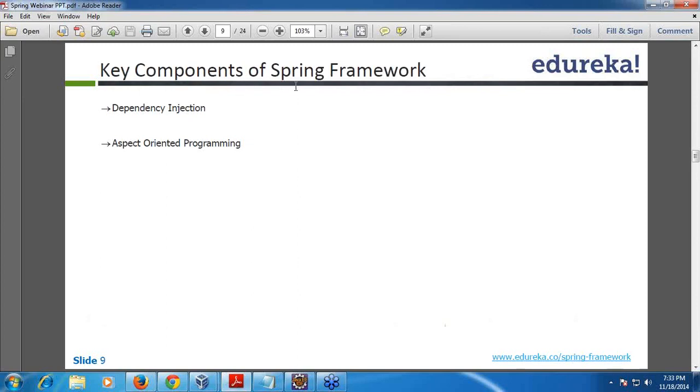So the key components of the Spring framework are dependency injection and aspect-oriented programming. Dependency injection is the basic design principle on which the core Spring framework is built. For example, in simple terms, assume in a class X, if it requires class Y's functionalities, what we do is create class Y and then use it.